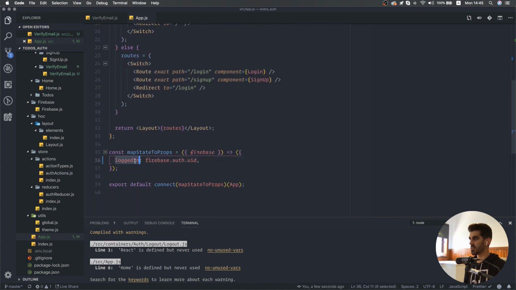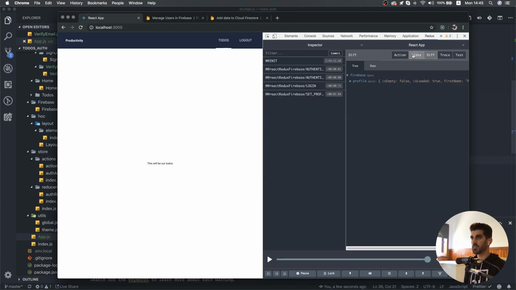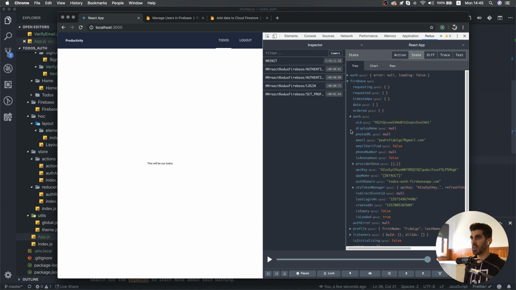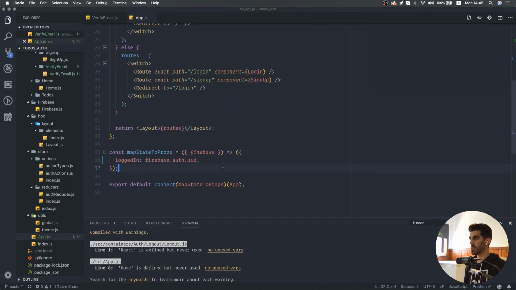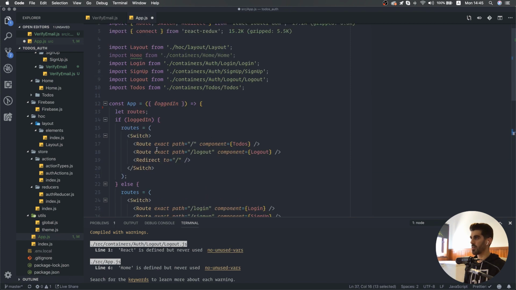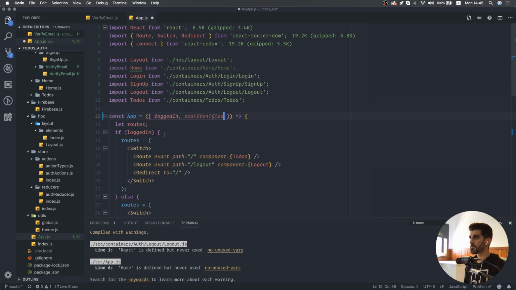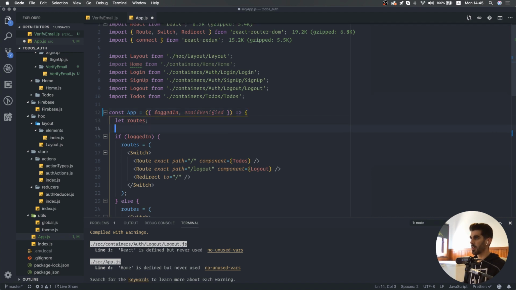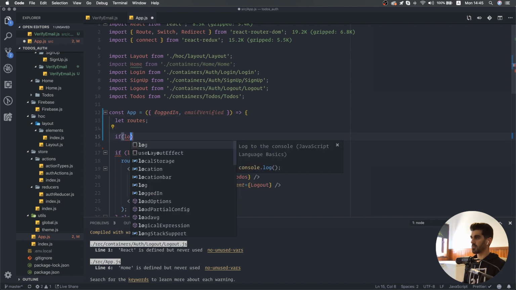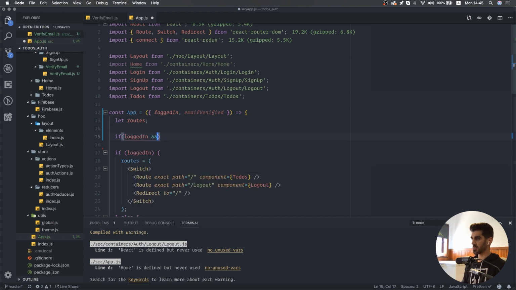And inside this property on our state, so if we go to Firebase, let's go to our state, Firebase, Auth, and you have email verified. What you can do is you can say email verified, it's on Firebase, Auth, email verified, right? And now you have access to this on your props. And what you can do is, if the user is logged in and the email isn't verified, right? So if this is false,